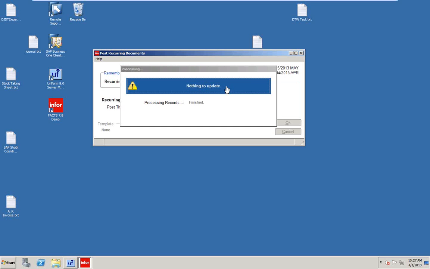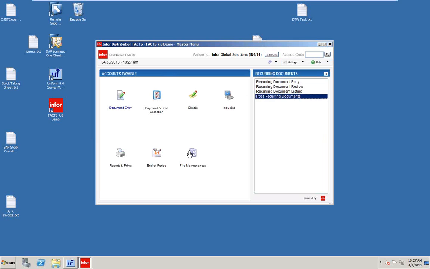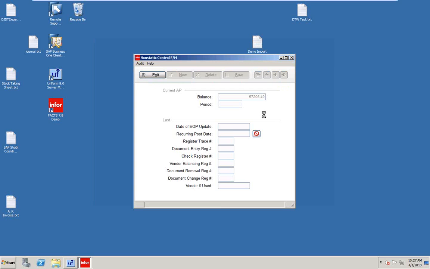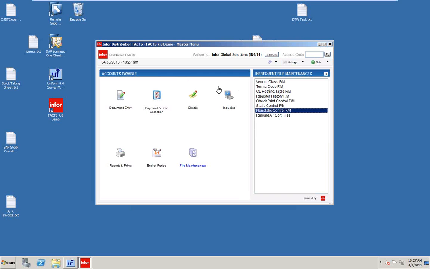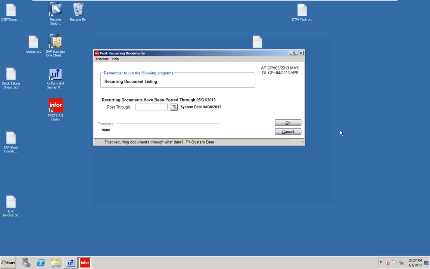It's actually doing it, but I must have a little problem in my demo because for some reason they're in a file. We'll have to check that, but what the process is going to do here, the key is once you actually do this and you post those documents here,